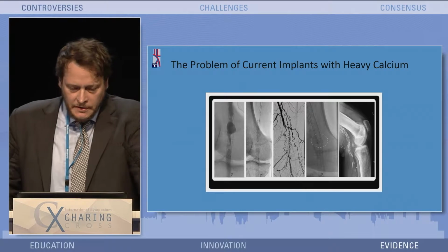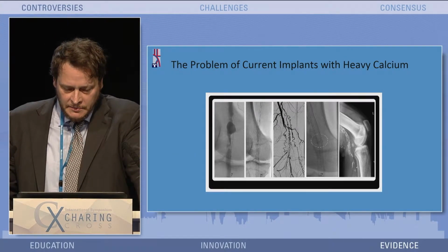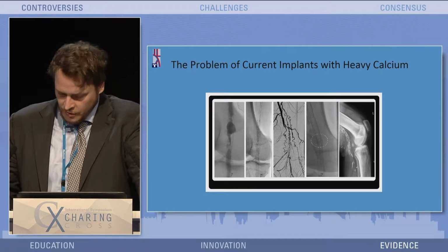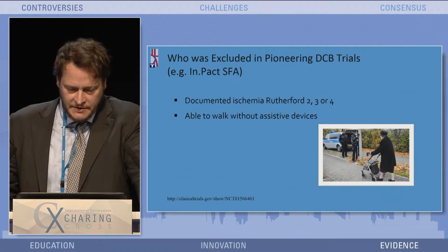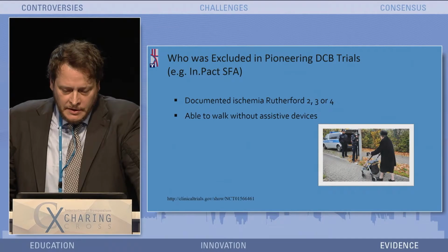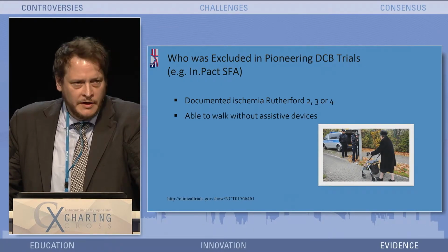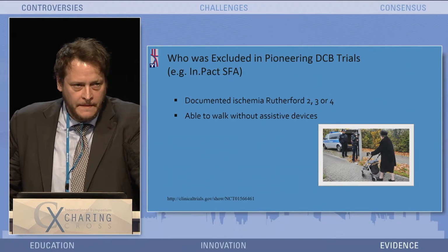So heavy calcium remains a drawback in endovascular therapy. It makes stents fracture, even specially designed stents not to fracture, as you can see in these results. And I was here when the IMPACT SFA study results were shown, and there was a very enthusiastic response to